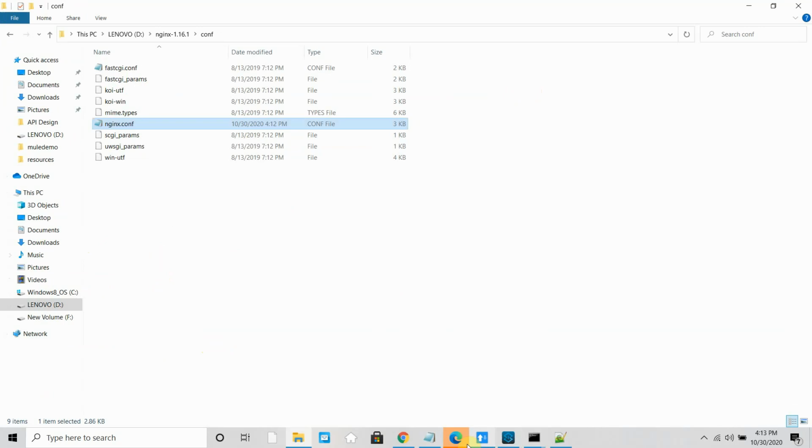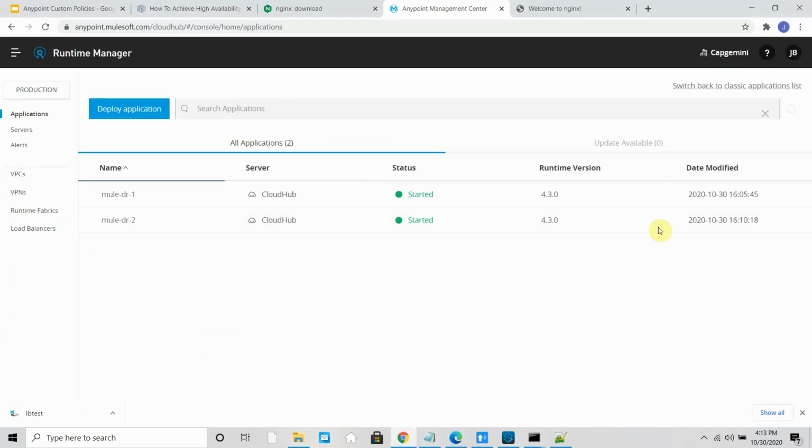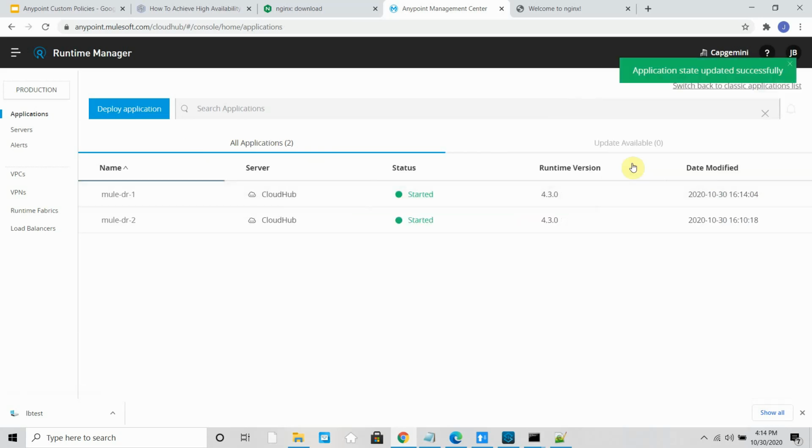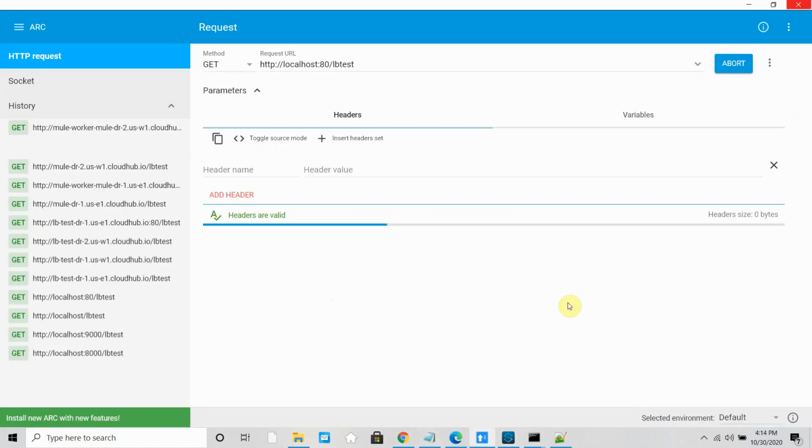Let's consider now that one of my DR regions has gone down. Let's wait while the application is getting stopped. Okay, my application is stopped. Now how will the load balancer behave?